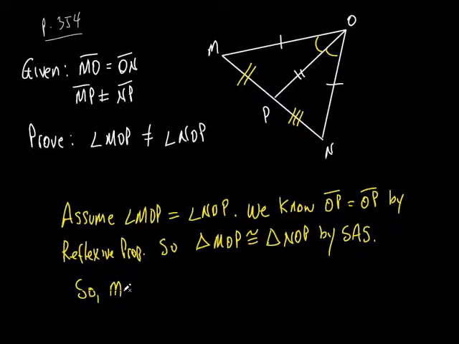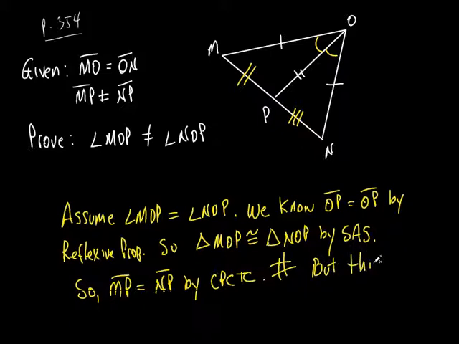So what? MP must be equal to NP. By what reason? Yeah, CPCTC. That's right. But what's the problem? This is a contradiction, okay? That's a contradiction. So we put, but this contradicts,